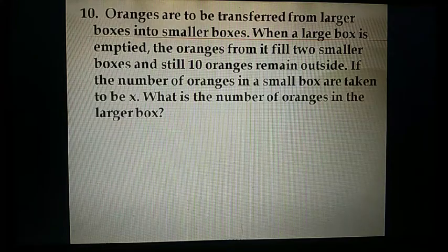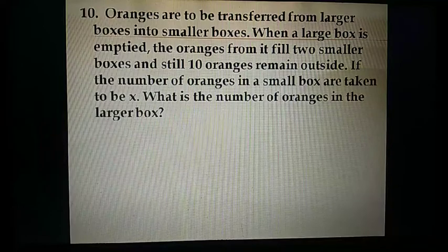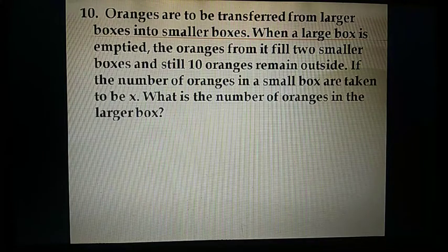Next. Question number 10. Oranges are to be transferred from larger boxes into smaller boxes. When a large box is emptied, the oranges from it fill two smaller boxes and still 10 oranges remain outside. If the number of oranges in a small box is taken to be x, what is the number of oranges